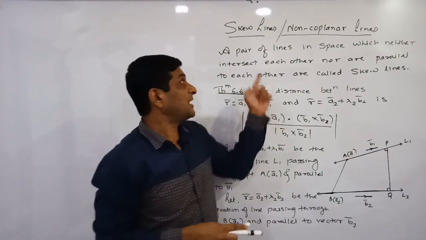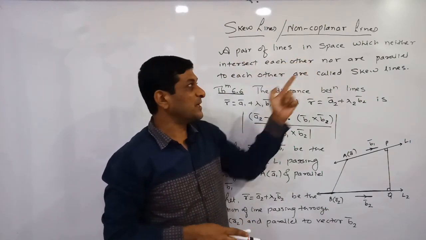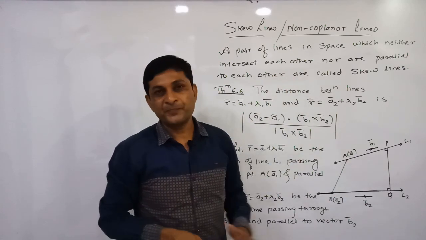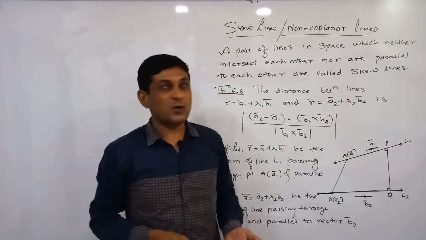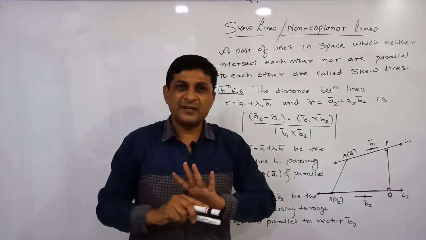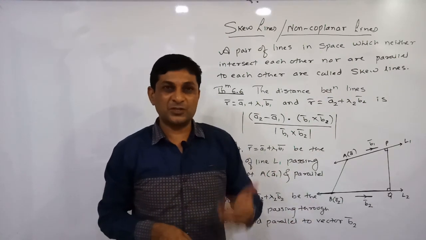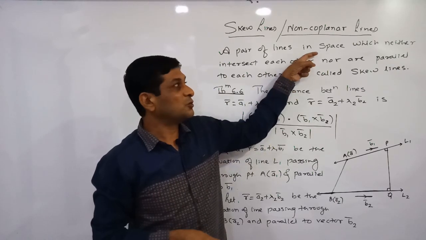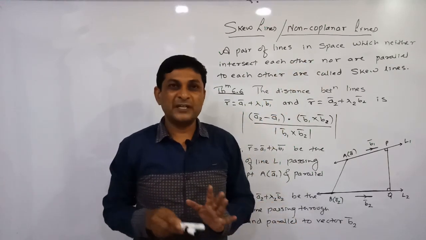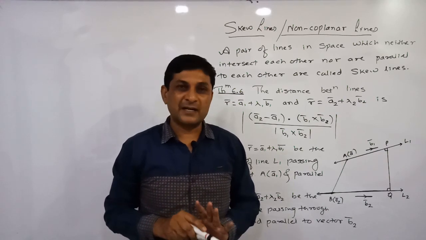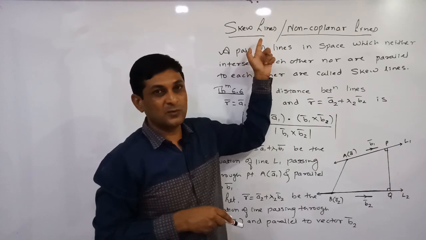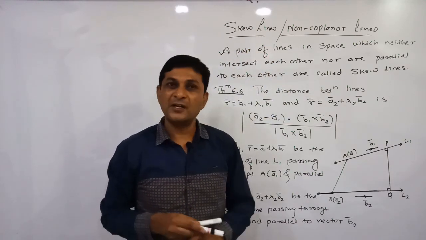non-coplanar. That's why we can say that a pair of lines in space which are neither intersecting nor parallel are skew lines, or we can say that skew lines means non-coplanar lines. Means there does not exist one plane in which two neither intersecting nor parallel lines lie. In short, if two lines are neither intersecting nor parallel, the two lines are called skew lines, or skew lines are